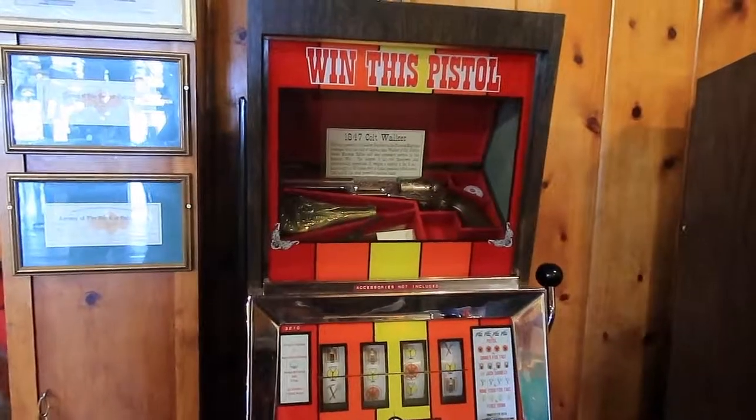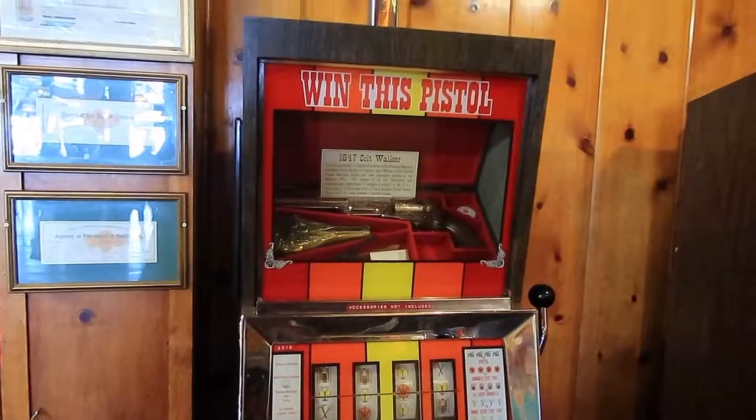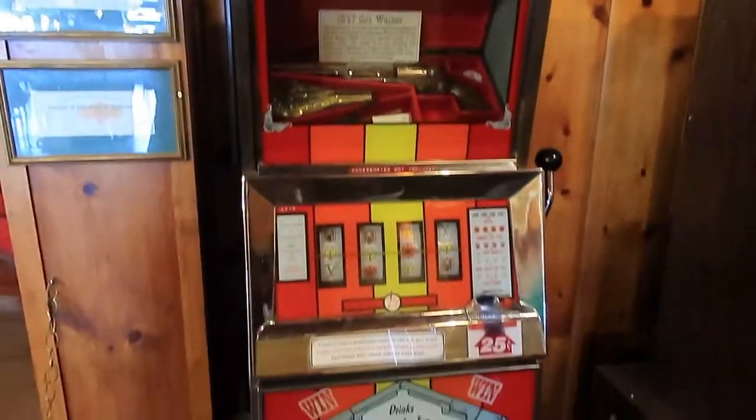Guys, checking out this old slot machine, you could win an 1847 Colt pistol. How amazing is that? Guys, that's it from Virginia City. Really cool to walk around the old city and see how pretty much nothing's changed in 200 years, which is really quite interesting. Just about to leave, jump back in the car, and then it's on to the next part